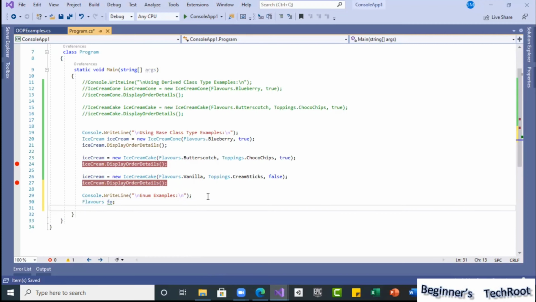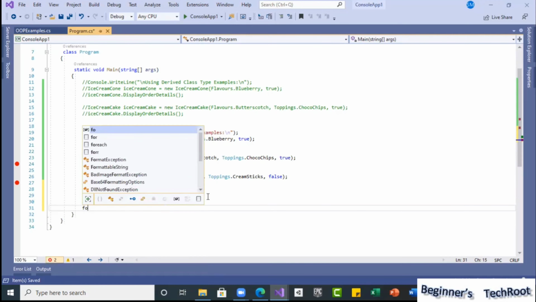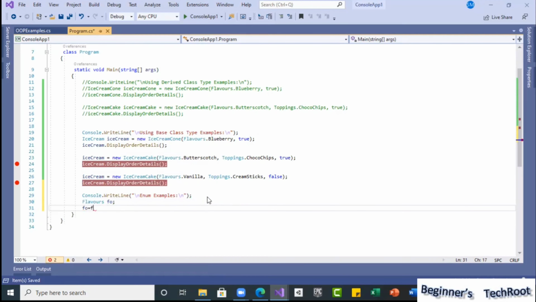Suppose you want to assign a value. Then what we can do is F4 equal to flavors.chocolate, the same way as we observed in the conditions. If we put it, automatically F4 will have chocolate. Now let's write it on the screen in various ways.